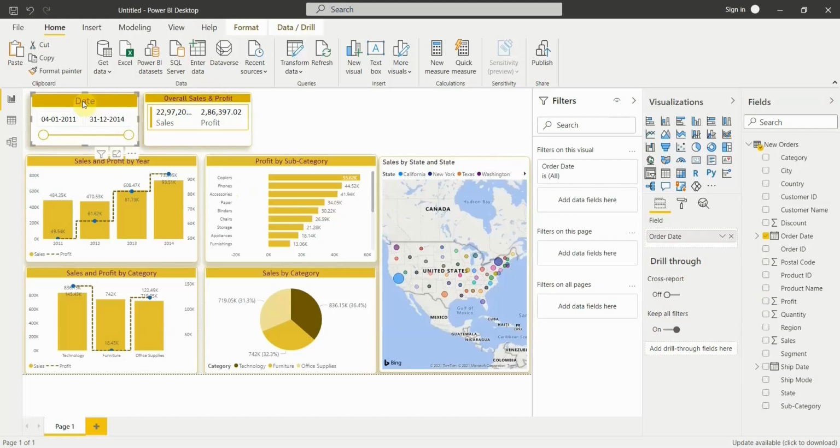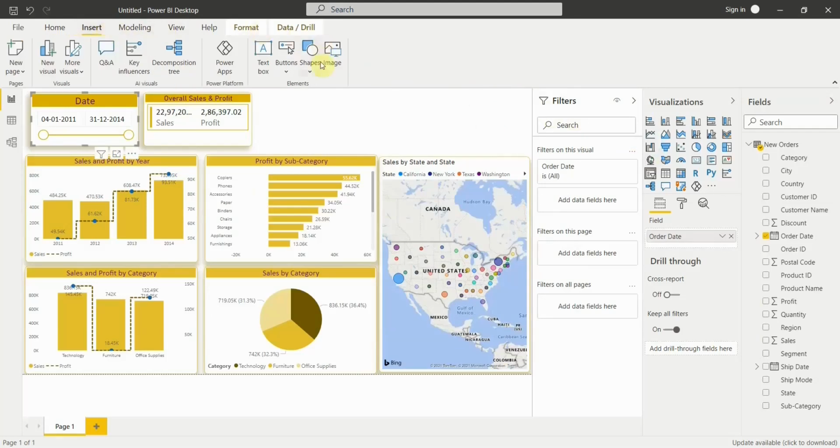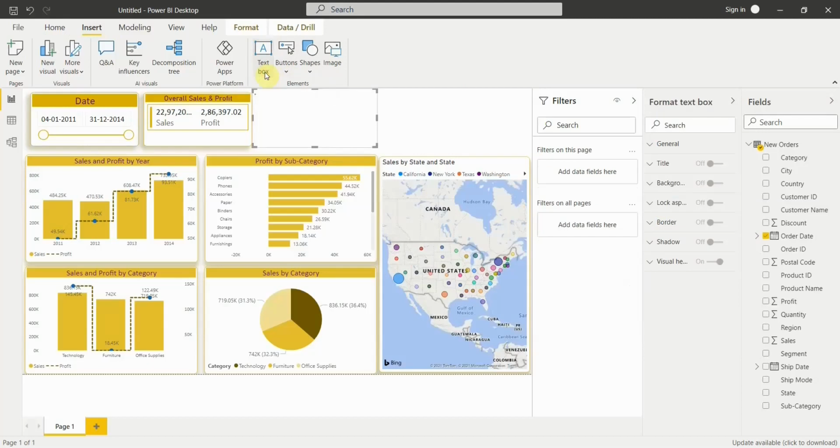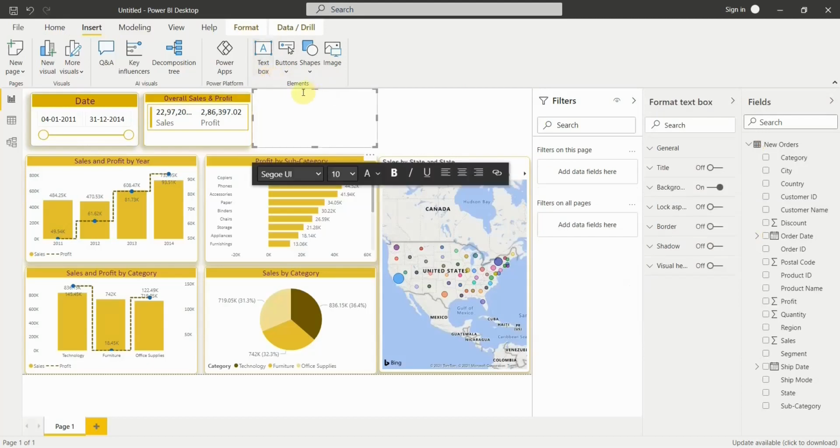Apart from this, we can also add a text box, shapes, or images to our chart. To do so, we can go to the insert option, and in the insert option you see options which say buttons, shapes, images, and text box. So we will add a text box. If I click on text box, you get a text box, and here I can type the text that I want. So let's say we will type a text which says